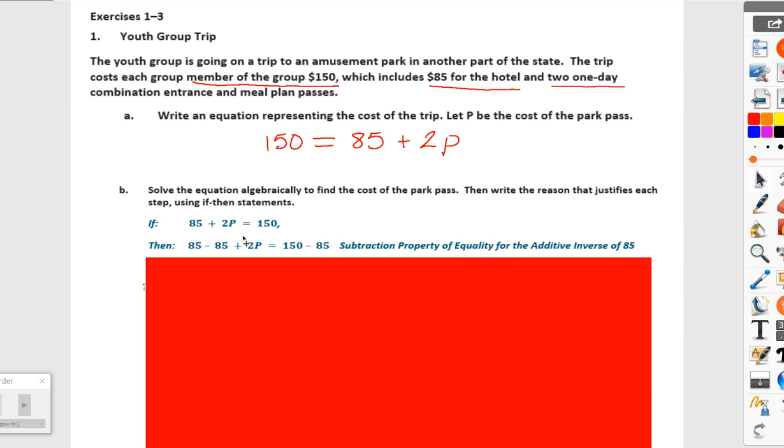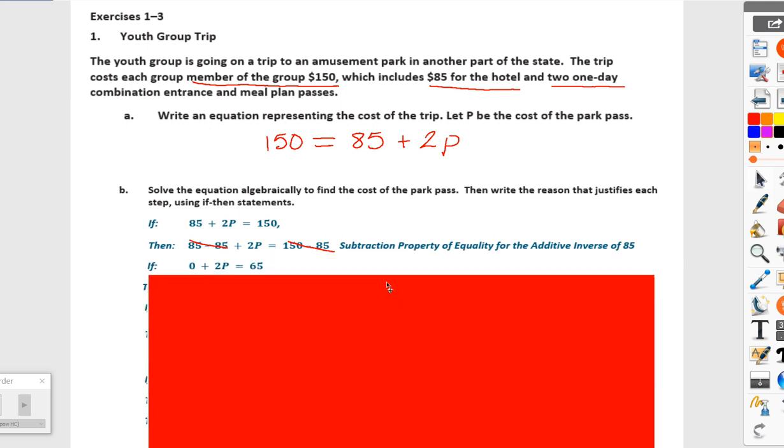What we do to one side, we have to do to the other side. So when we subtract 85 from the left side, we have to subtract it from the right side. On the left side, it is 0. We still have our 2p. On the right side, 150 minus 85 is 65. So right now, if 0 plus 2p is 65, then